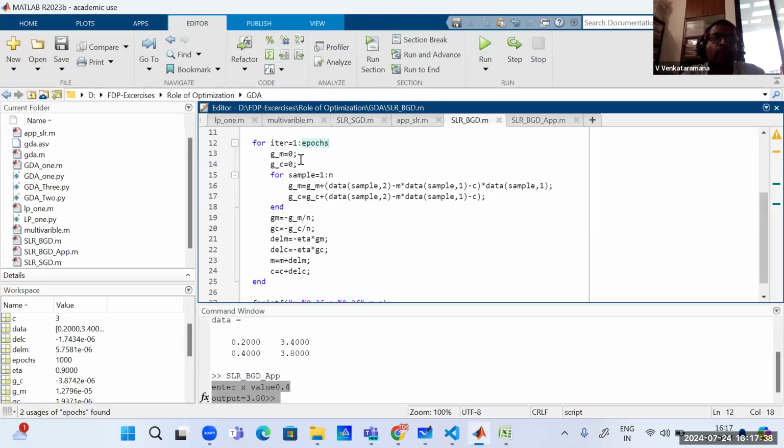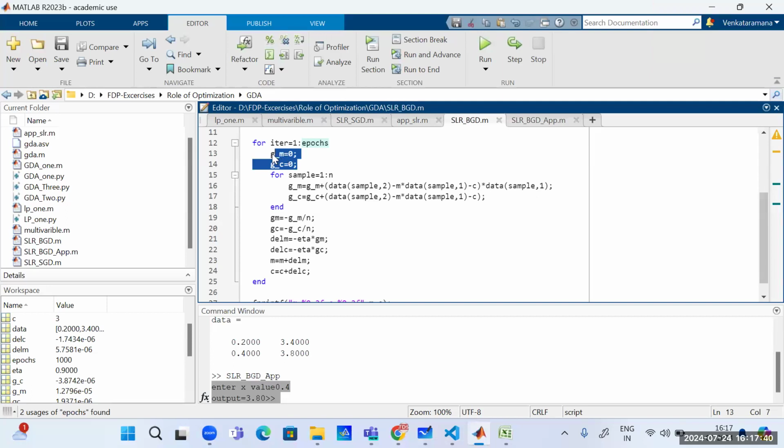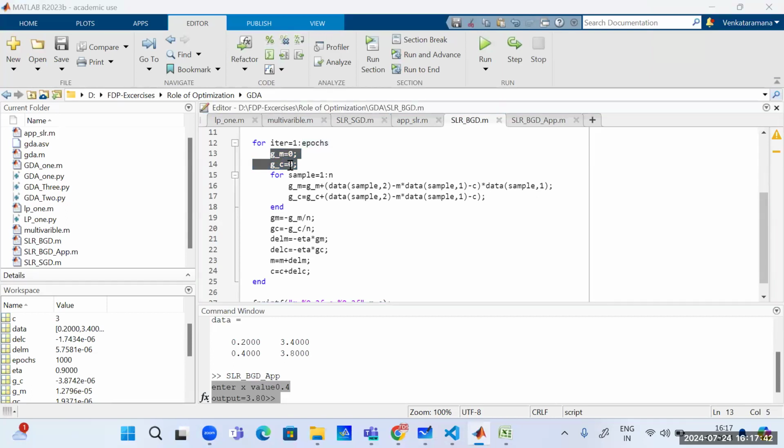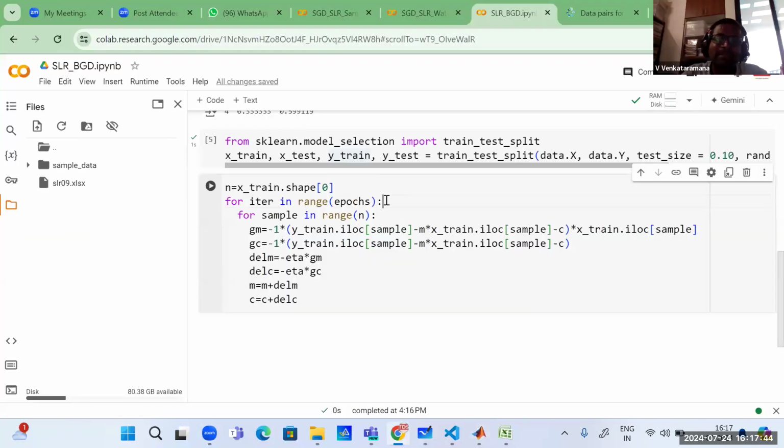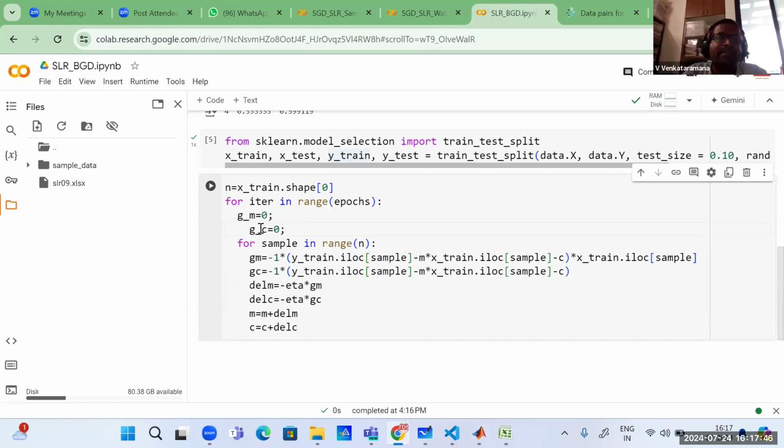After the iterations for loop, what am I doing? Initializing GM and GC equal to 0. Right, same thing I am doing. Nothing special, just GM and GC initialization with 0. Next step,